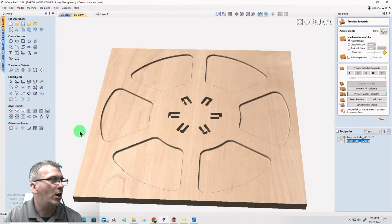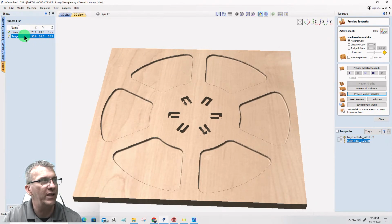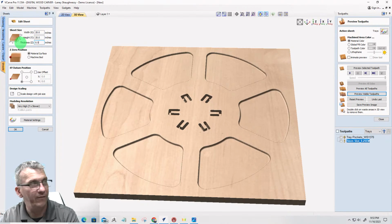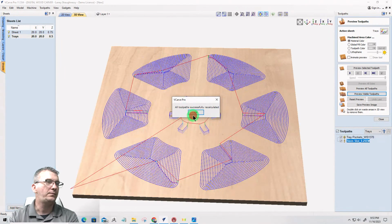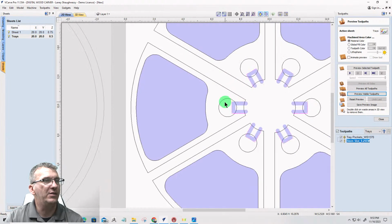Okay. Now on my sheet setup, it's important. I got the sheet set up here for 3/4 inch and it's actually 1/2 inch. So I need to go to edit and change that thickness to 0.5, and I need to recalculate the toolpath. Okay. And then here on these circles,